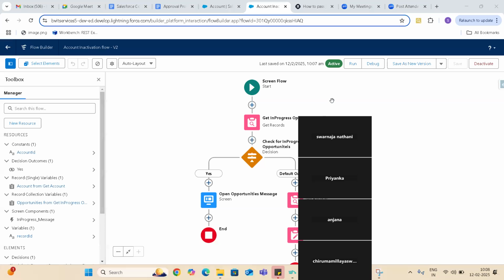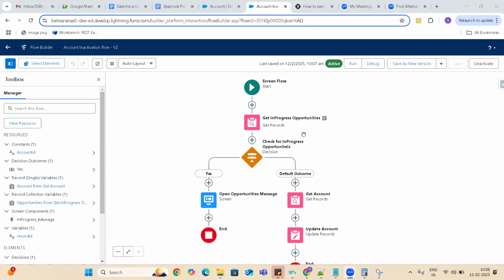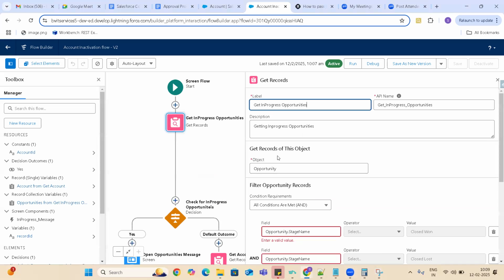So in yesterday's class, we implemented a screen flow, right? What it does is deactivate the account if it does not have any open opportunities. In case it has some opportunities, it will just display an error message. Okay. So we have seen that the one thing that we did yesterday is whenever we are getting the